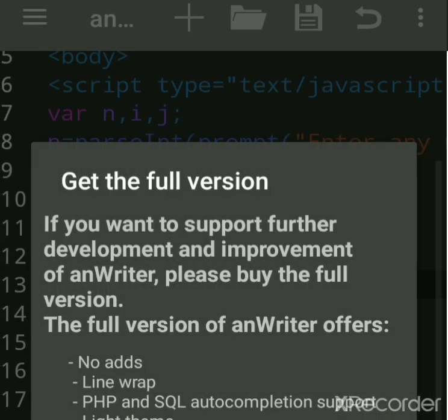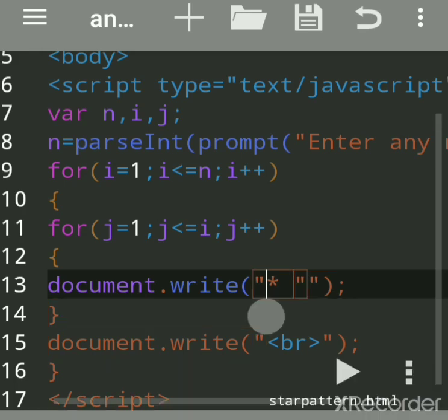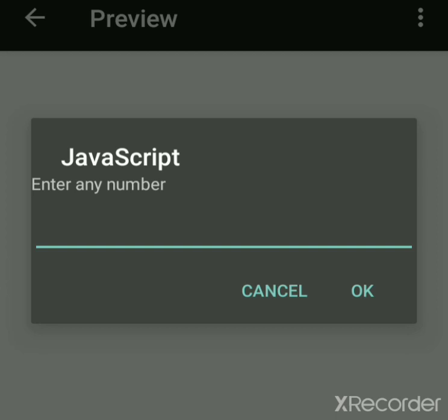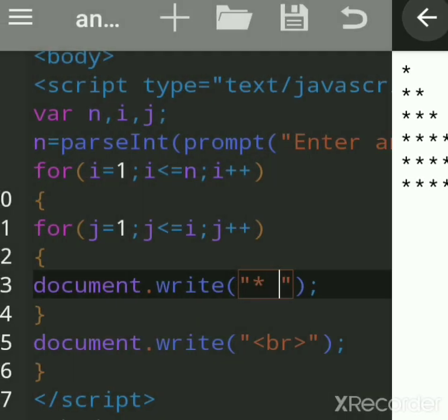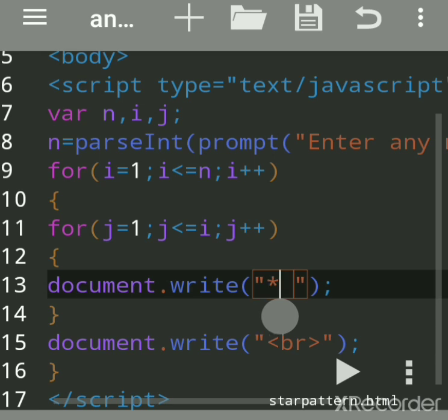One more, you have to give a space here. Here the double quotes you have to remove. Now, how many lines of stars do you want? 6, so 6 lines of stars. So remember, when you want to print anything in symbol form, then you have to use double quotes. So now I have used double quotes.